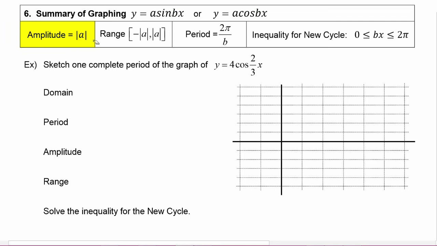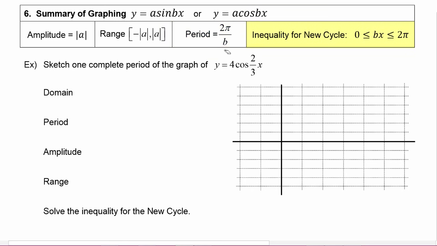So the amplitude of the function will be the absolute value of a, which means the range will go from negative absolute value of a to absolute value of a. So what that means is even if a is negative, when you take its absolute value, of course, that makes it positive. That keeps this first term negative and the second term here positive, which satisfies the interval notation order that's required. The period is going to be 2 pi divided by b,